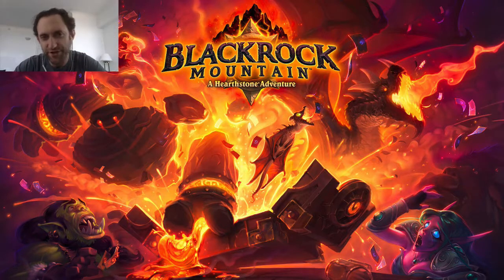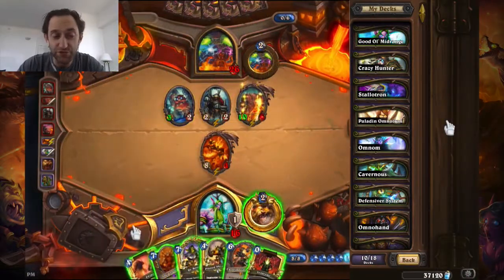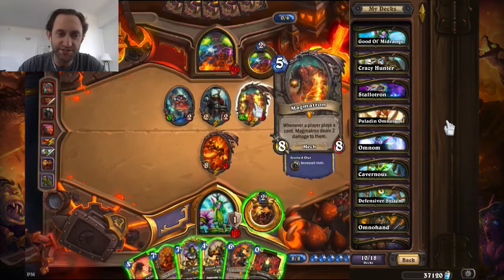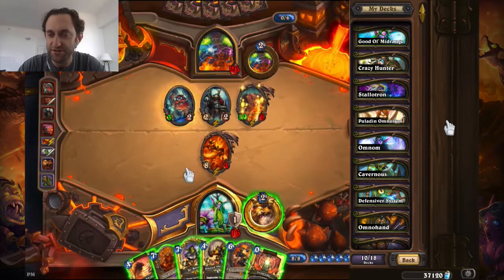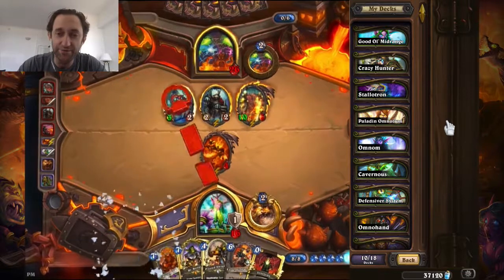Alright, it's time for the heroic super guide to Omnotron from Blackrock Mountain. Omnotron's on the easier than average side for a heroic boss, partly because the minion he summons that gives plus 2 spell damage to everyone makes your AoE super effective for resetting his board and being able to get on